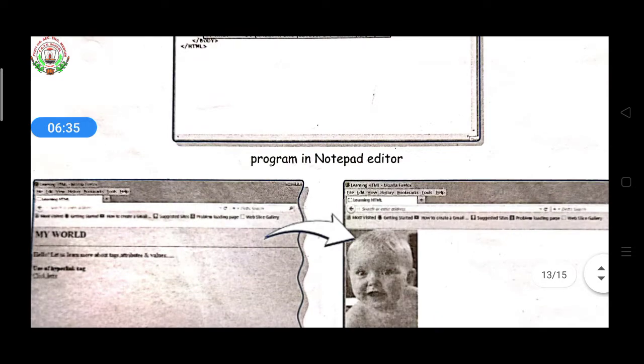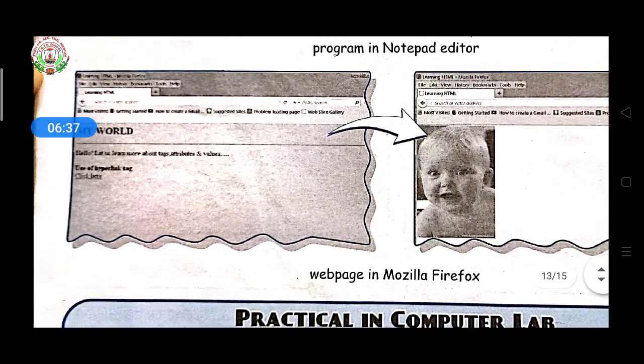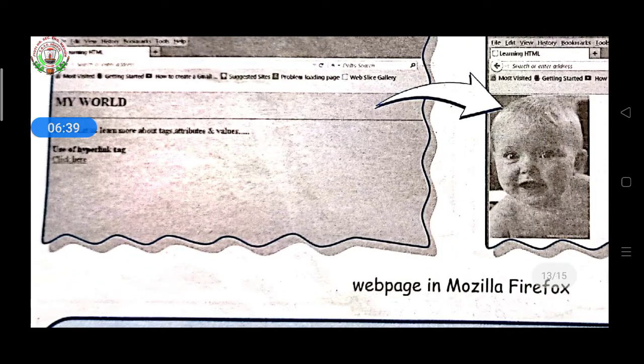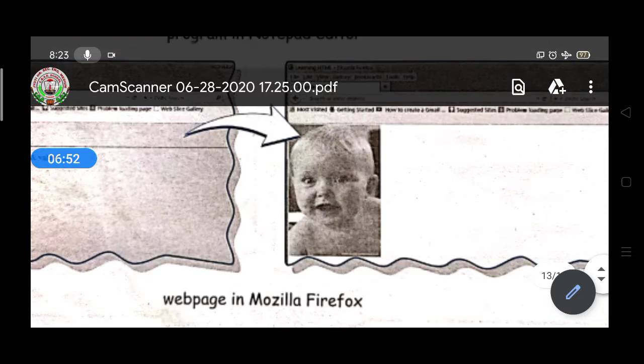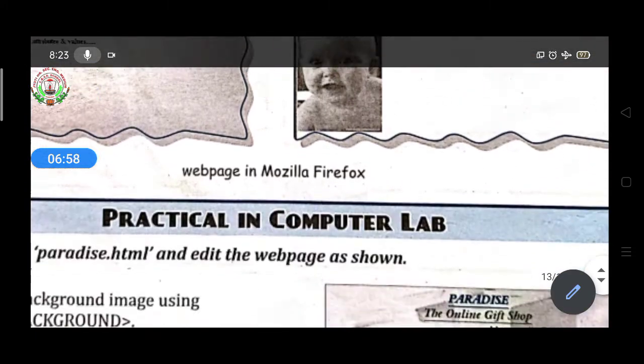So what is the output of this? See here the click here; in your computer it will be visible in blue color, and if you click on the blue text, the wallpaper that you want to display on the screen will be displayed like this. So this is the linking page.